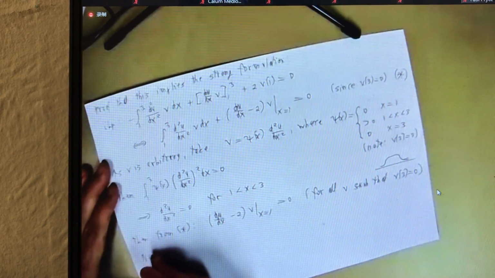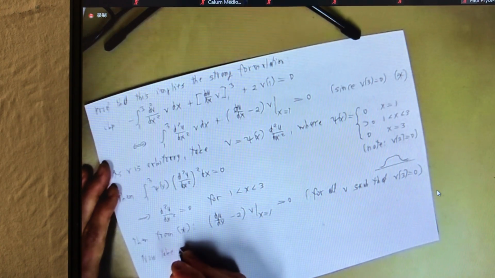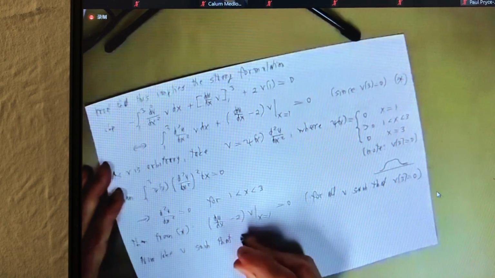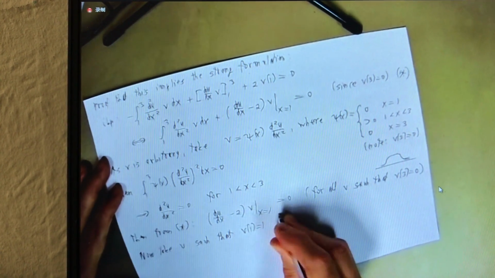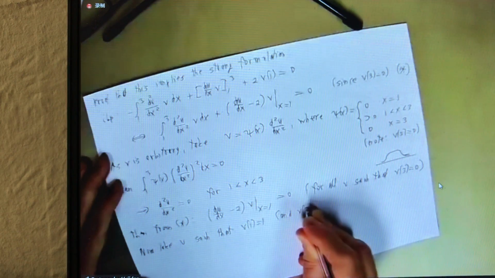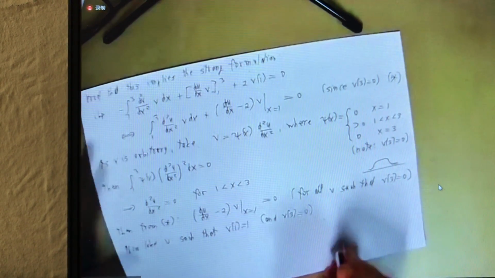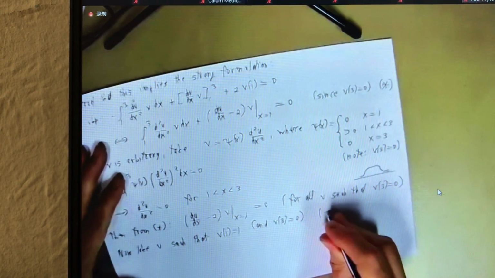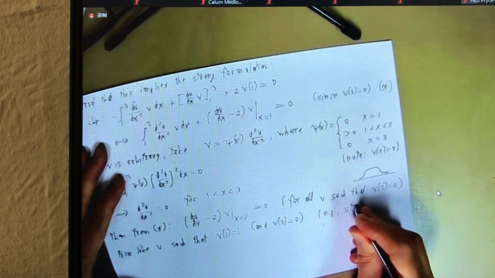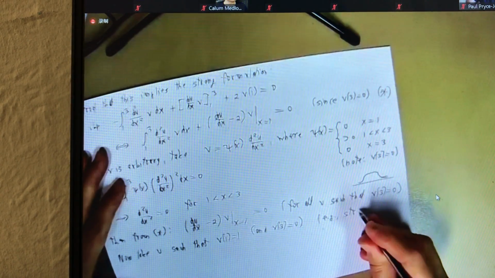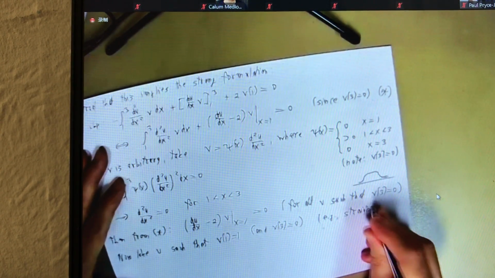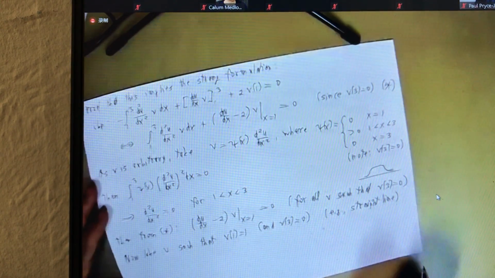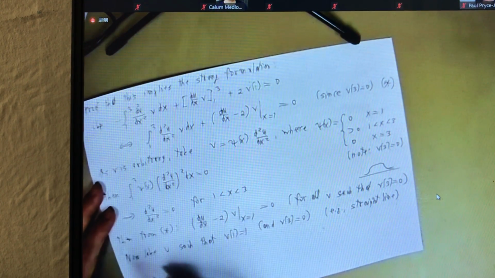So now take v such that v at 1 equals 1. And we still have, of course, also that v at 3 equals 0. So it's easy enough to construct such a function. A straight line would do, for instance, but we don't need to get into that detail here. Let's say, for instance, a straight line, just to confirm that there is indeed such a function. So now take that as that. Then